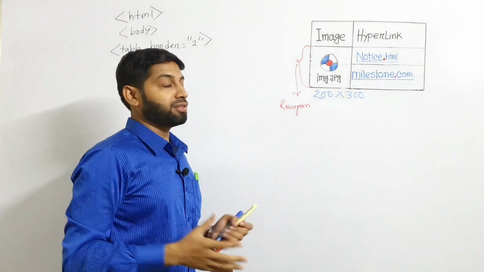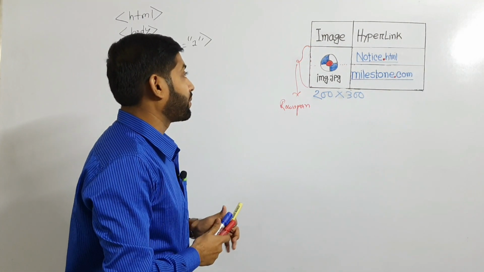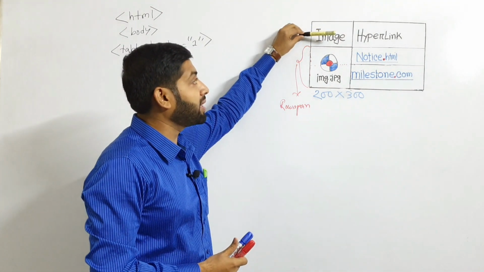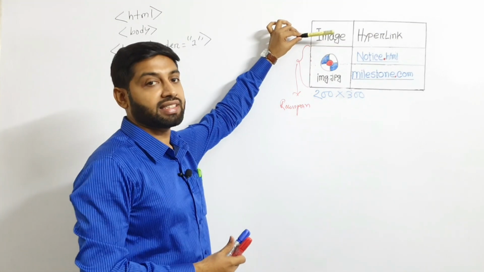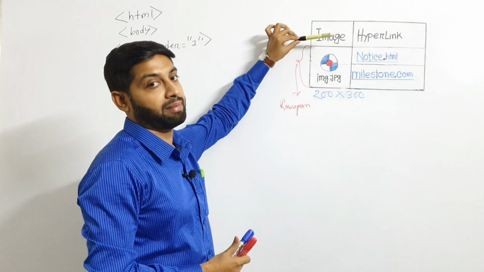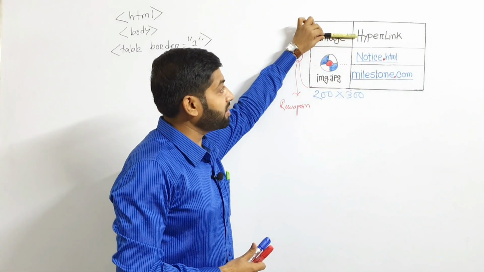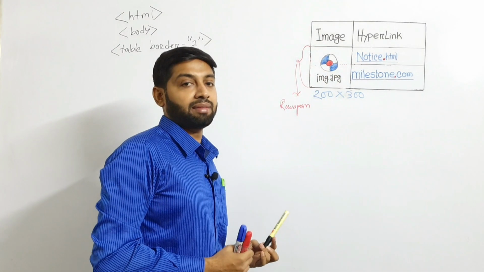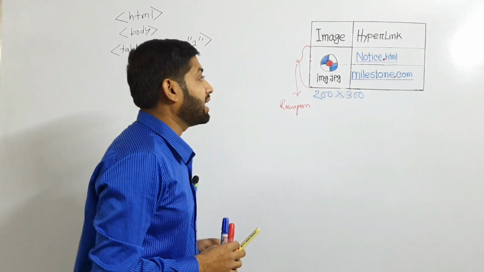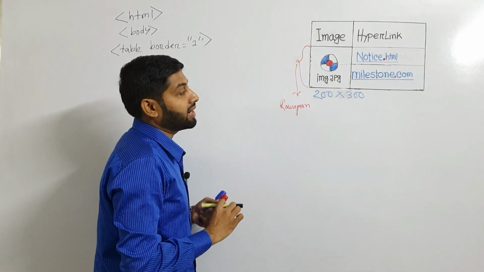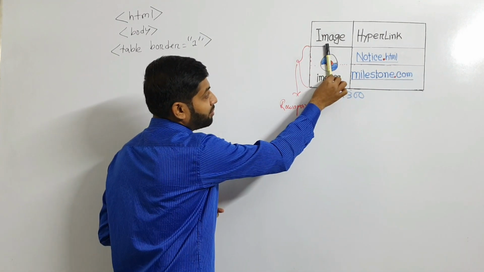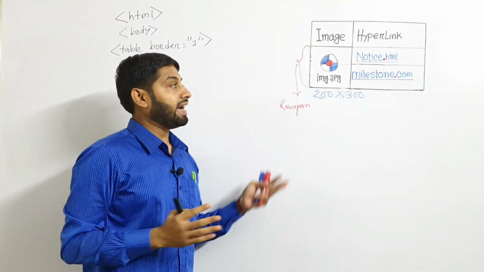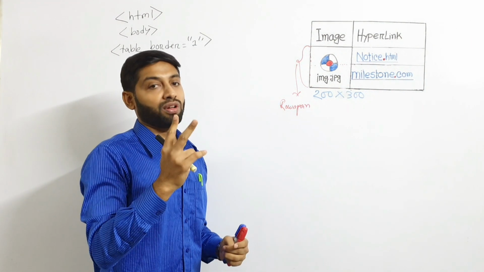First of all, I am going to describe this table a little bit more. How many rows and columns does this table have? I am putting my marker here so that you can easily understand how many rows and columns we have in the table. You see this is our first row, second row and third row. Basically this table has 3 rows. And how many columns? I am putting my marker again here. You see column 1 and column 2. So we can say this table has 3 rows and 2 columns.